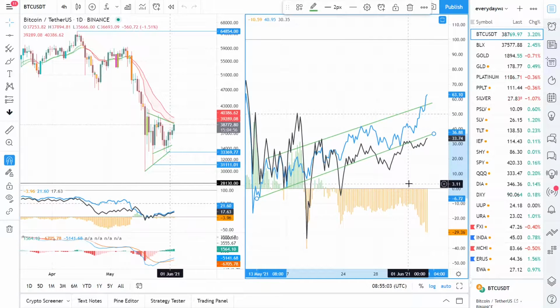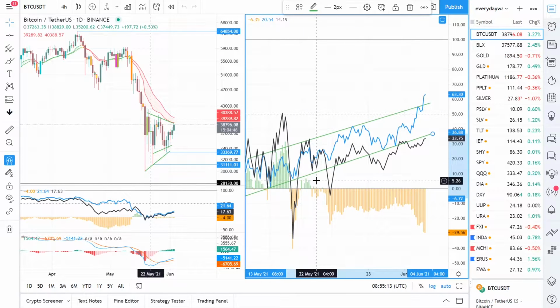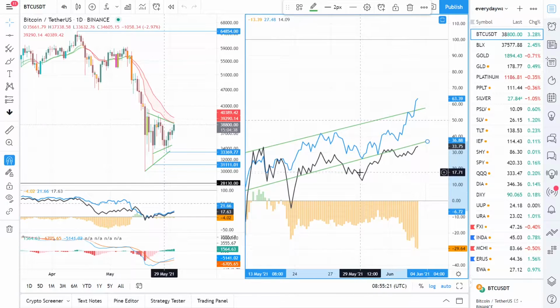It looks pretty parallel, and right now the blue line is trying to penetrate this channel to the upside, but the volume doesn't look like it's supporting this move. The black line is not going at the same tempo as the blue line. So